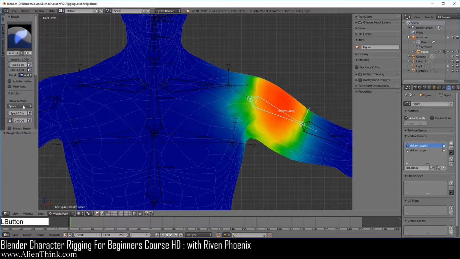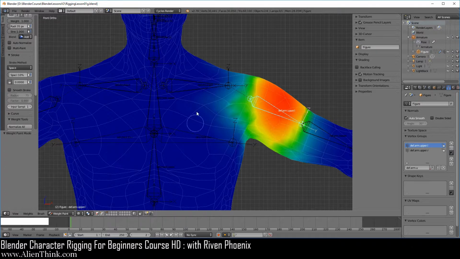Now, we're not going to look at stroke. It's because this is not going to matter to us in any way. This is because we're just working with vertices. This is really going to matter to you when you are doing texture painting, as to how the brush concept works, right? But quite simply, if you do smooth stroke, this is when you click over here, it drags your mouse. That's it, right? That's really the only thing that we need to look at. And this is just how you want to paint across, airbrush, line, and these sort of things over here, right?